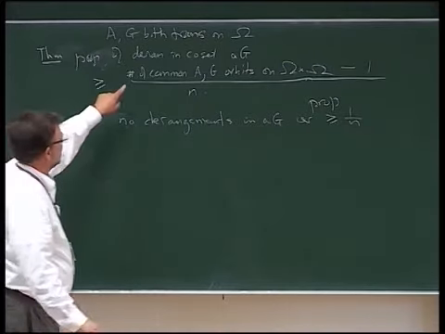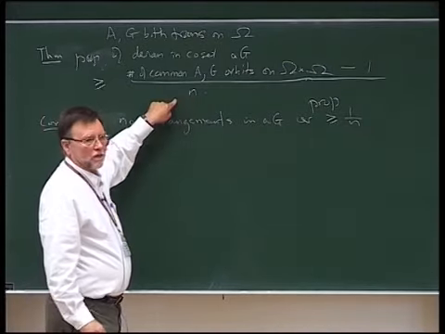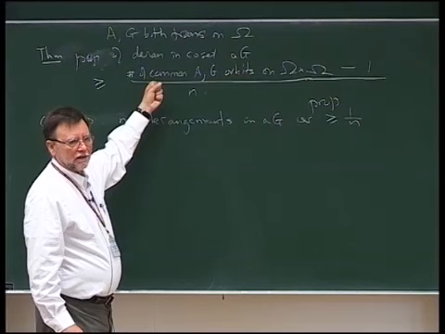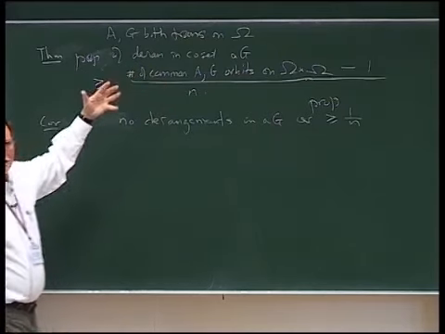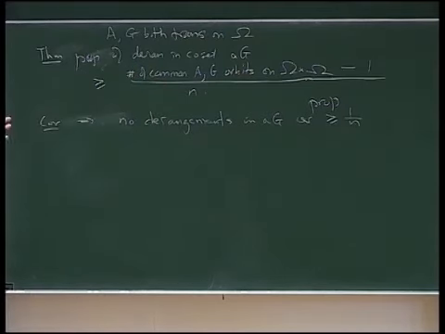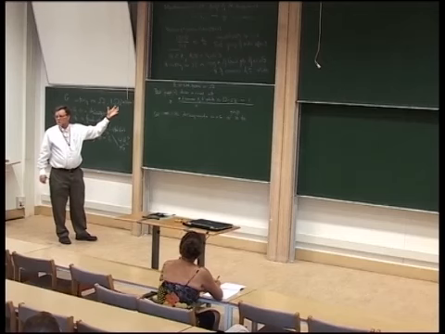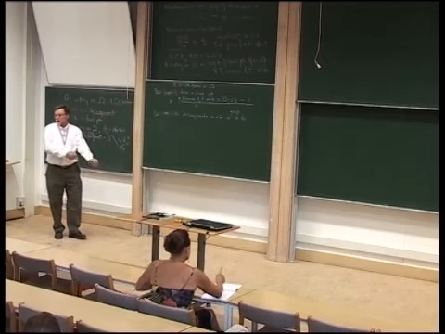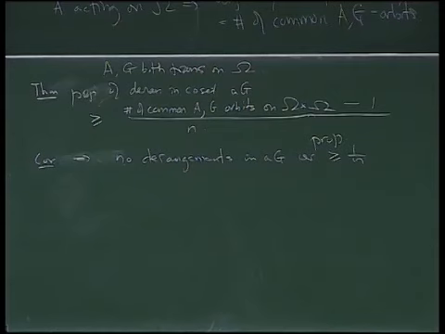If there are at least two common orbits, then you get 1 over n. If there's only one common orbit, which is the diagonal, that means there are no common orbits off the diagonal, then in fact you can show there aren't any derangements. In fact, it's equivalent to no derangements. Those are what are called exceptional permutation actions. It turns out they have all sorts of applications. They're fairly rare, but